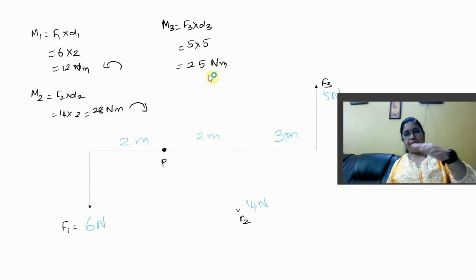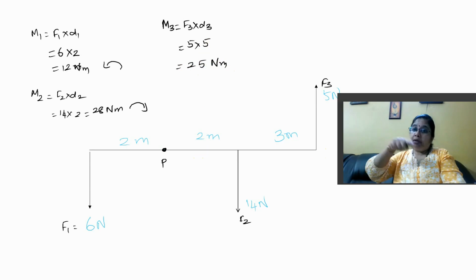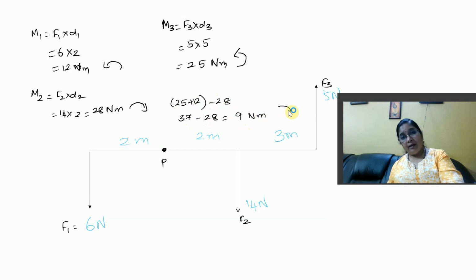Now look at this force from the pivot. It is acting like this. So what is the direction of the force? Anti-clockwise. So this force is also anti-clockwise. So what will be the total moment? I have two forces acting anti-clockwise, so let me add both of them up: 25 plus 12. I have one force that is acting clockwise, minus 28. So 37 minus 28, I will have 9 Newton meter acting